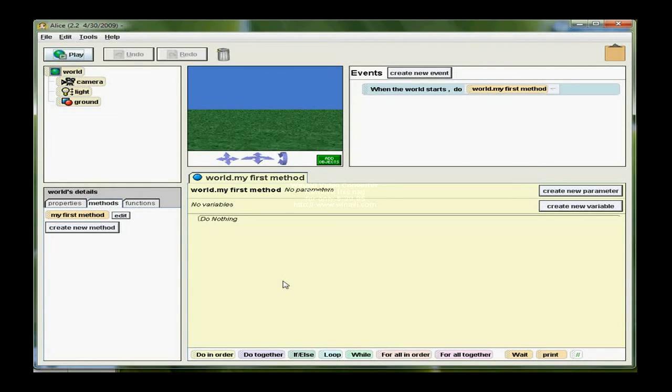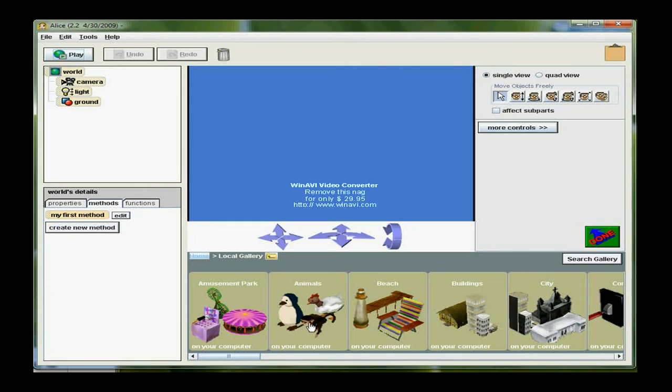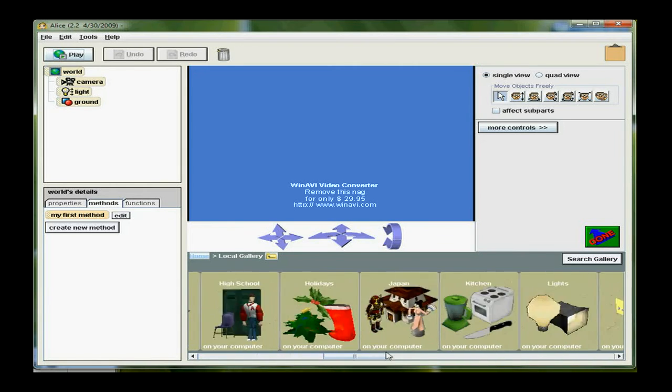Let's take a look at how we set up an Alice if statement. It's a little confusing because of the way you have to start the conditions. But the first thing I need to do is add some objects to my scene. So I'm going to click the Add Objects button, and I'm going to go down to the Nature